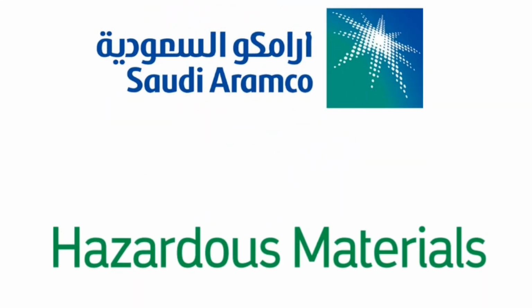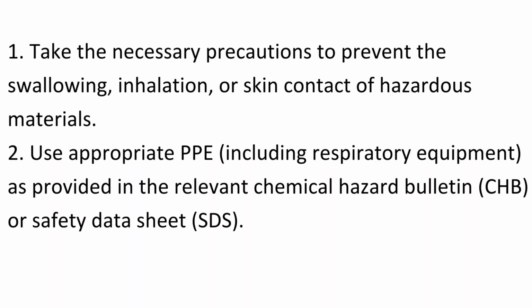Saudi Aramco hazardous materials. Handling and use of hazardous materials. 1. Take the necessary precautions to prevent the swallowing, inhalation, or skin contact of hazardous materials. 2. Use appropriate PPE, including respiratory equipment, as provided in the relevant Chemical Hazard Bulletin, CHB, or Safety Data Sheet,